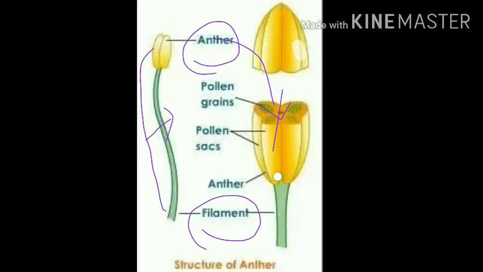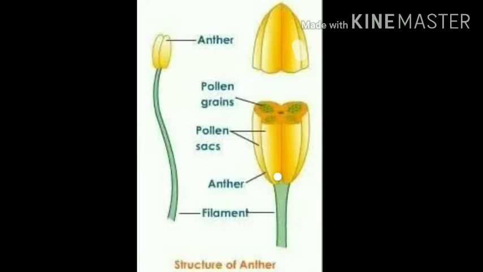You may observe this one in 2 parts. This is one part, and this is another lobe. So it consists of 2 lobes. So try to understand, this is the bilobed condition. In this, one lobe and another lobe is said to be bilobed. So each lobe has 2 chambers. Have a look. This is 1 chamber and this is 1 chamber, which are present in 1 lobule, and the second is the same. So there are 4 chambers, and how many lobules are present in an anther? 2 lobules. Try to understand.